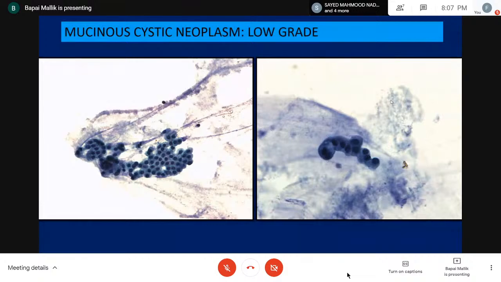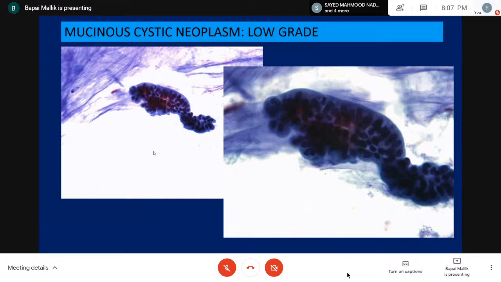So this is a low-grade mucinous cystic neoplasm, as you can see over here. It's mucinous with mucin, but the cells are pretty uniformly placed. Nuclei look to be a little bit hyperchromatic, but it's okay. Maybe because of the way the picture has been taken, there are sharp nuclear outlines, not a very high NC ratio. It's pretty okay. I would call this a mucinous cystic neoplasm, low grade. Another low grade, a little bit of an overlap. Again, very sharp nuclear outline. The nuclear cytoplasmic ratio is not raised. Pretty good maintenance of polarity. This is just kind of an overlap, low grade.